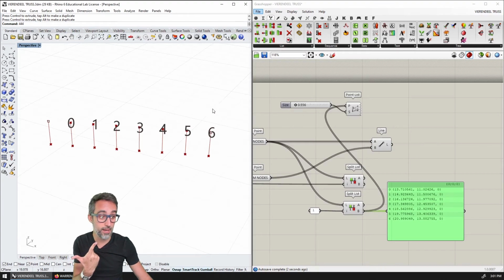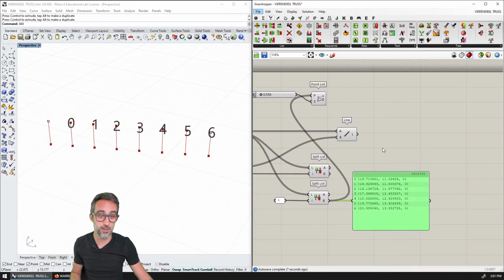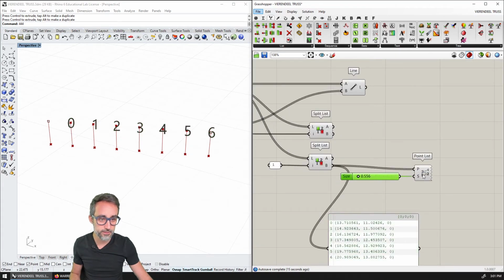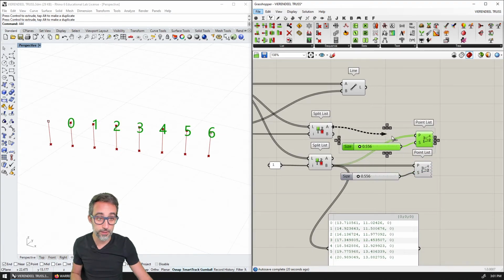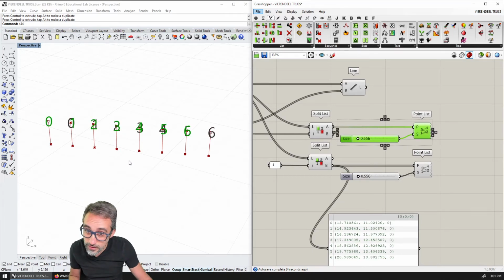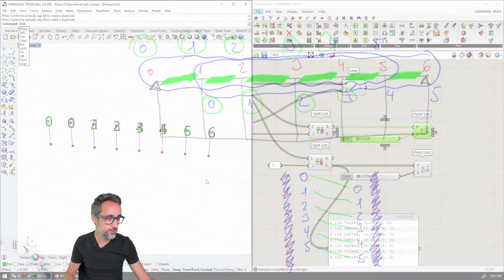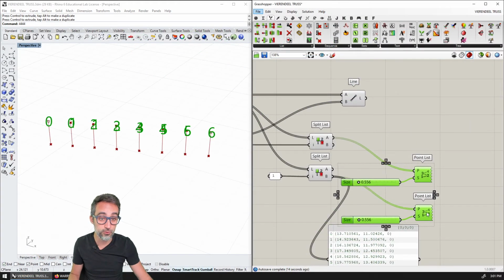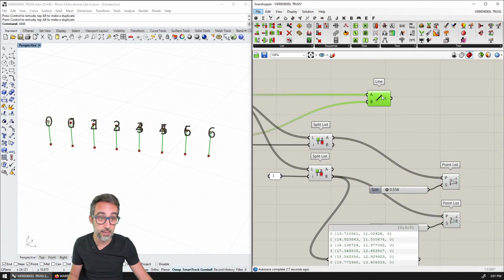You can see how I have a new family of points, which is all the points except for the first one. Let's make sure that we can visualize this really well. I have these points, all the points except for the first one, and here I have all the points except for the last one. It's a little overlapped, but you can kind of see where they are. So it looks a little bit like this. And therefore, the only thing that I need to do now is join them with a Line component.